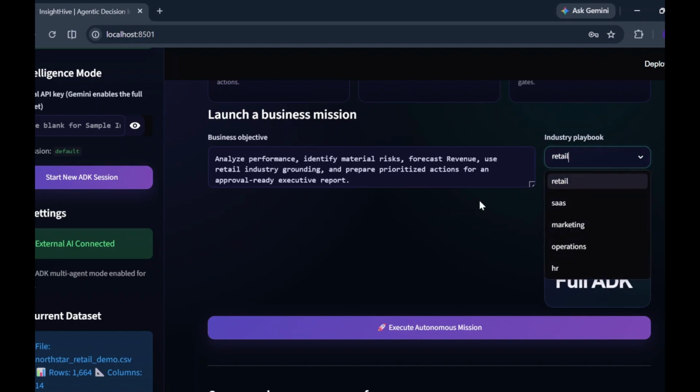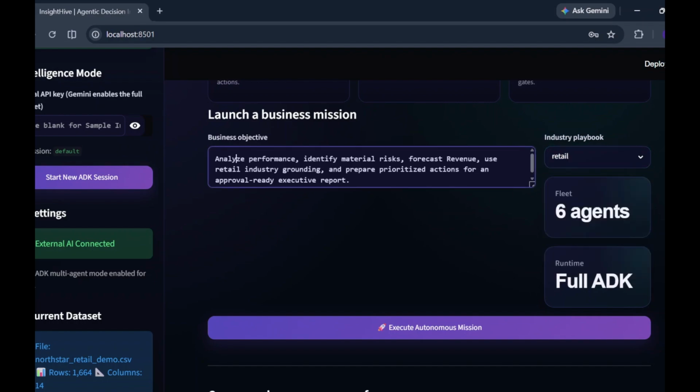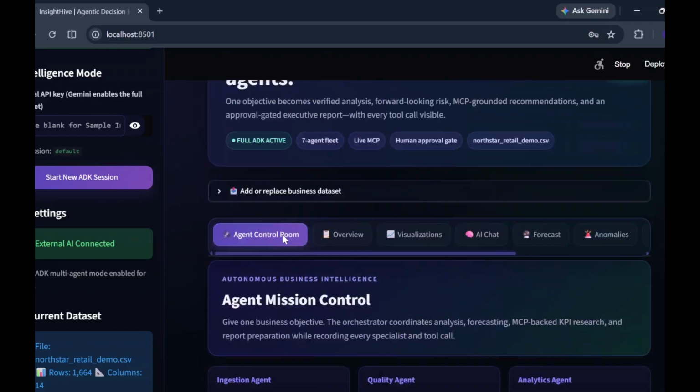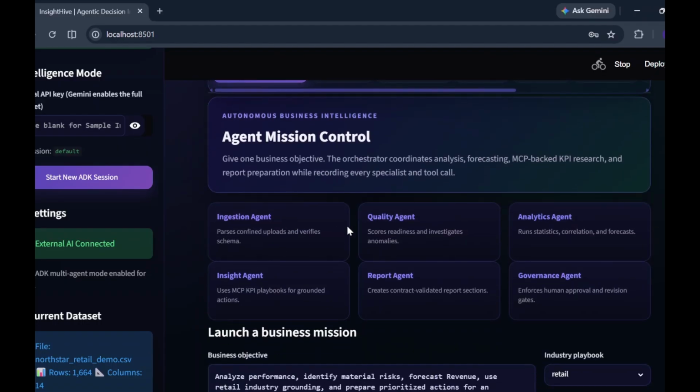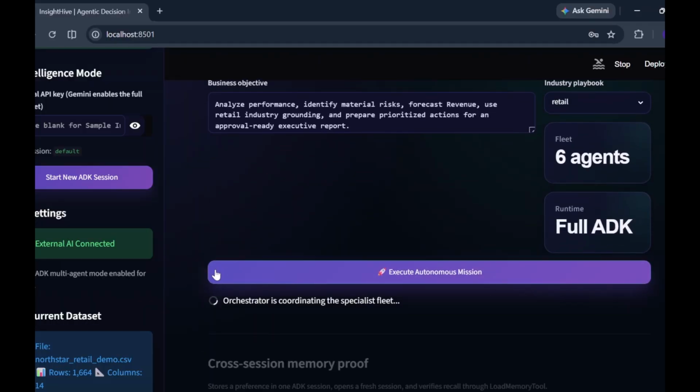Now we move to the agent control room, the central orchestration hub of InsightHive. I provide a single business objective to analyze performance, identify risks, forecast revenue, and prepare an approval-ready executive report. With one click on Execute Autonomous Mission, the Google ADK orchestrator launches the complete multi-agent workflow. Each specialized agent performs its assigned task, from data validation and quality checks to analytics, forecasting, report generation, and governance